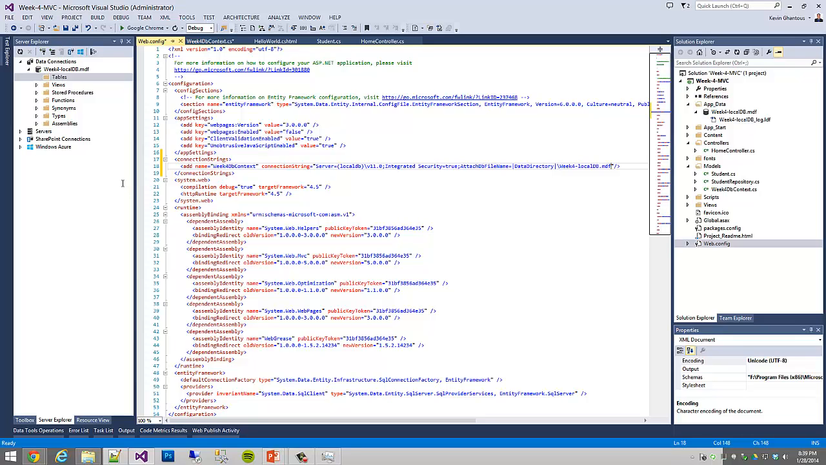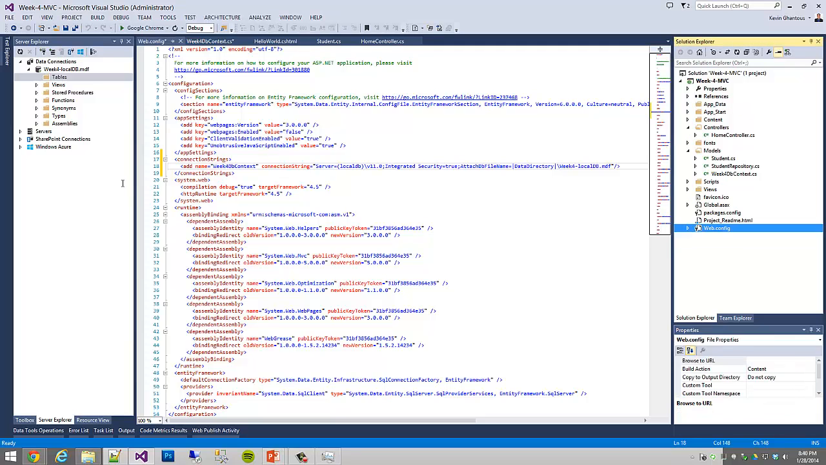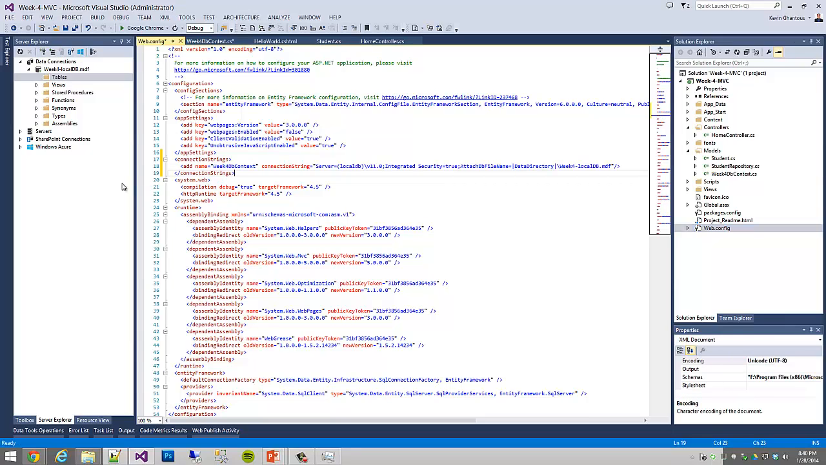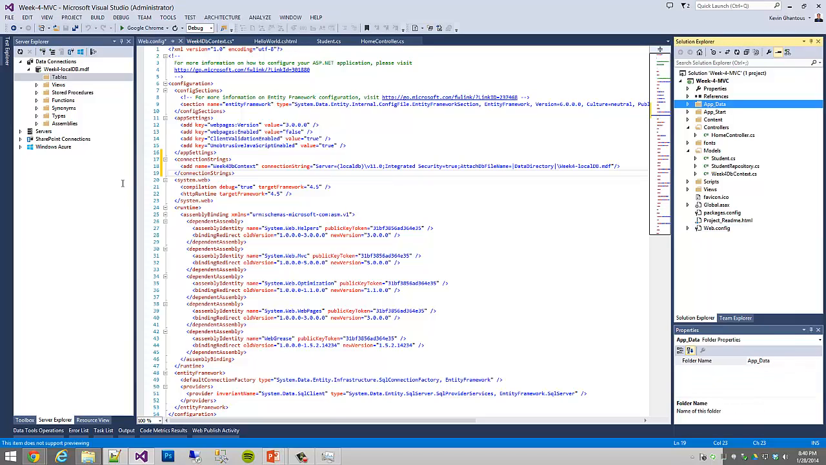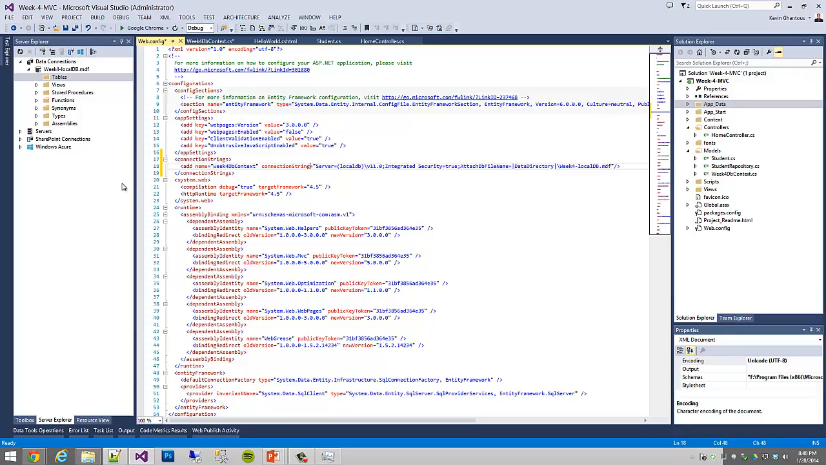It's kind of an exchange token. And then slash week4-localdb.mdf is the MDF file that we created under app data. So no matter where this project is on the physical disk, data directory gets resolved to the app_data folder. Pretty nice. So we now have a context, we have a connection string which hooks Entity Framework up to our